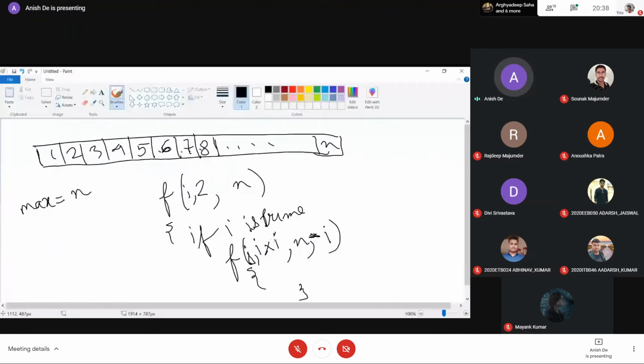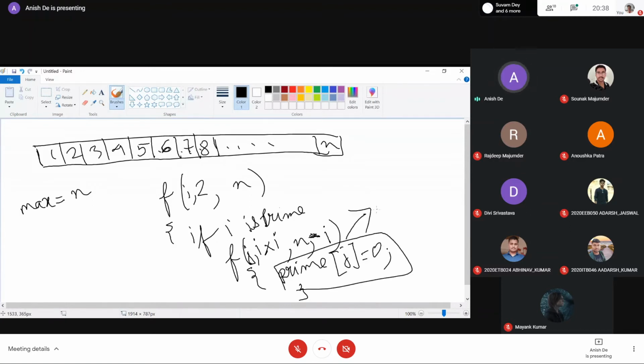So what change are we going to make here? What Shonak explained was that we have to find whether the number was prime or not. So what we are doing here is just putting the prime status to 0, which means that this number is not prime, but composite. But in the present problem, we have to count the number of factors here. So just keeping it 0 will not be sufficient.